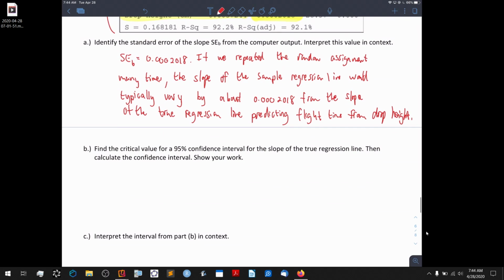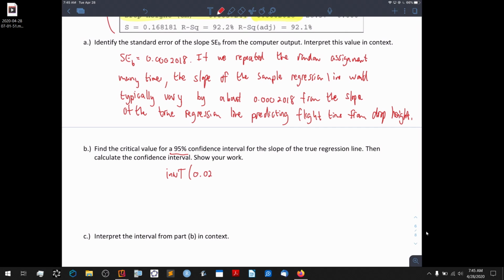All right, find the critical value for a 95% confidence interval. This is too easy for you, but okay, let's do that. So you know how to do this. On your calculator, you're doing inverse t, and you're putting in the area. So if it's a 95% confidence interval, it's